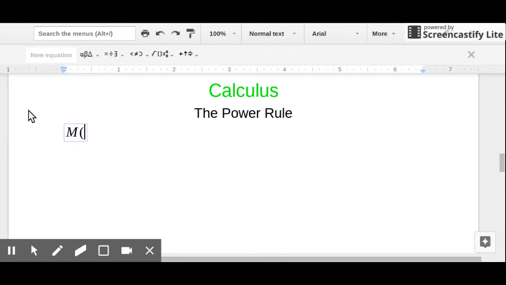Let's look at the function m of x is equal to x to the third power. Now here's one that we haven't done. So what does the power rule state? Well, we'll write it generally here, but we're not going to do any proving, obviously. That's beyond the scope of this class. But what we're going to do is see if you can see the pattern. Patterns are pretty easy to see. We're trying to find these derivatives using, I call it, the shortcut method.